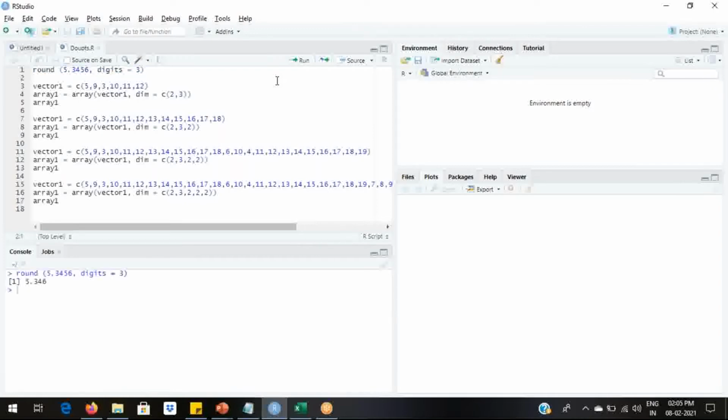Here I have given 5.3456 decimal value as input, and I have asked the round function to round it to 3 digits. Hence it has rounded it to 5.346. Let's try for a different value.